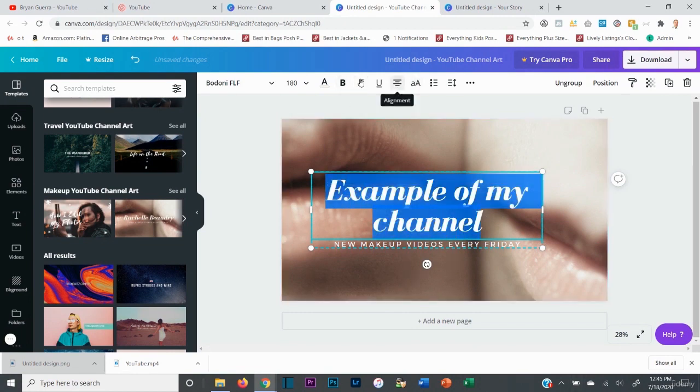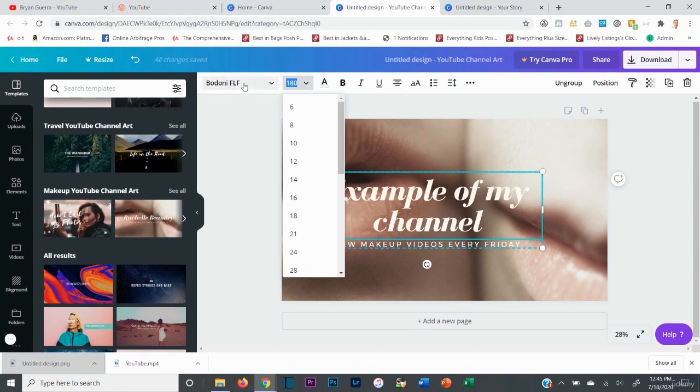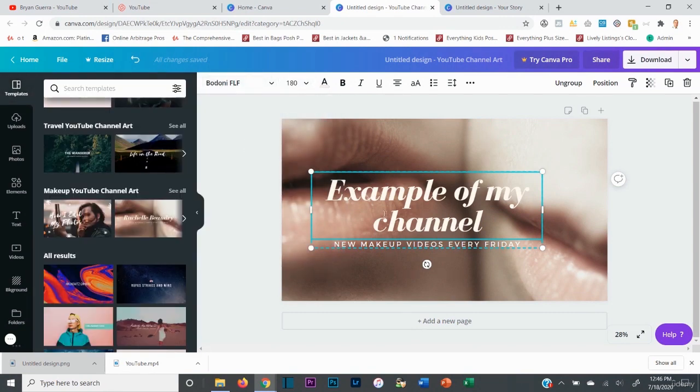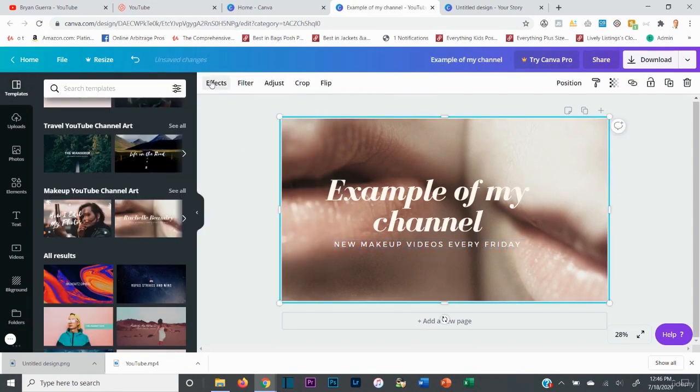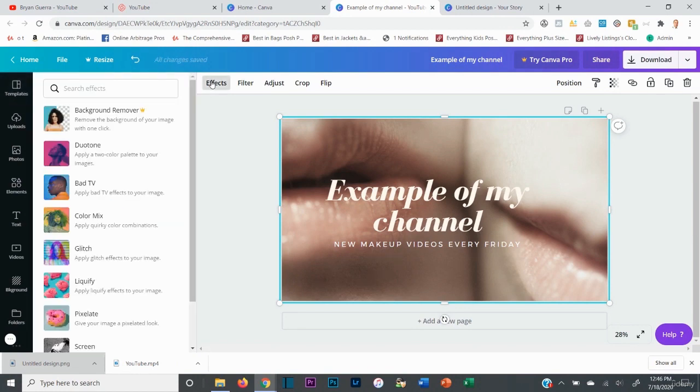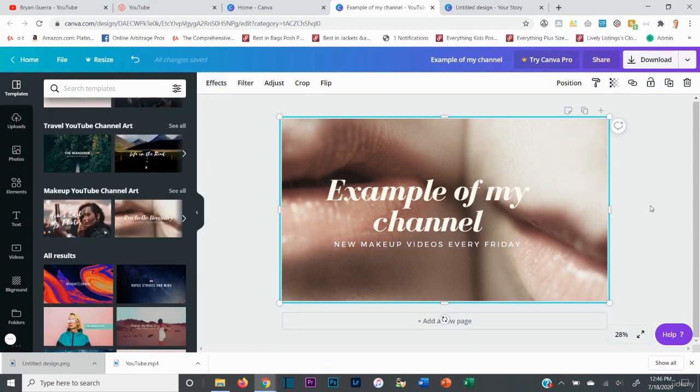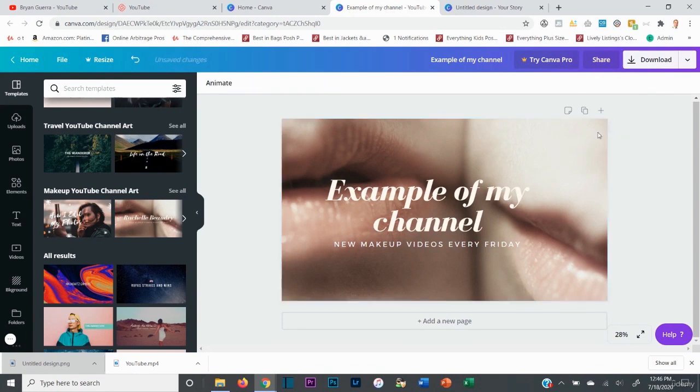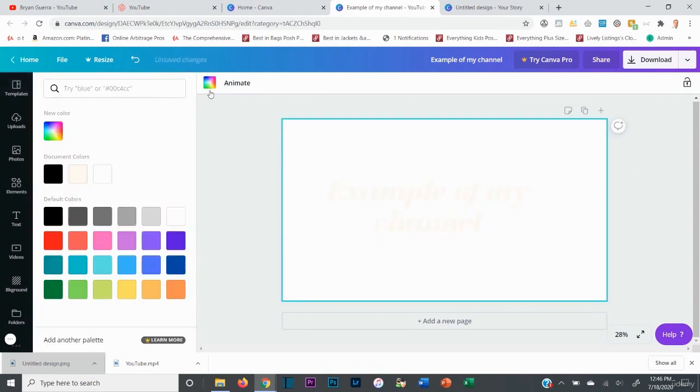You can also center, you can bold it, you can change the size, you can change the font. There's a number of different things. And also with a background too, you can add effects. So keep that in mind too. You can add effects to it. There's a lot that you can do for free software. Don't get me wrong. Now, if you didn't have this and you just had a background, so let's go to